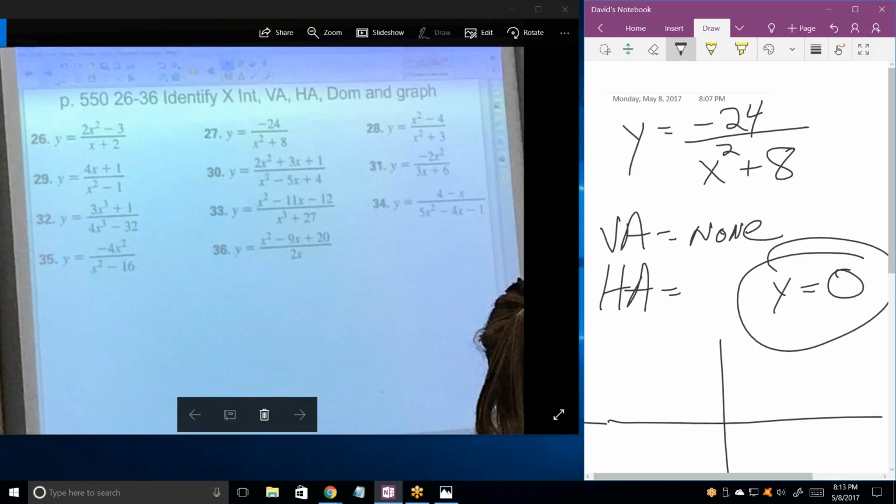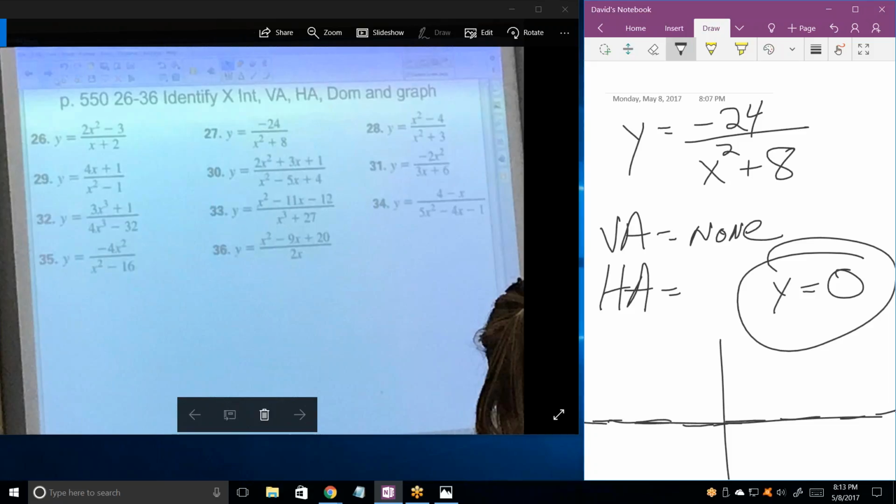Well, that makes sense. In other words, I don't have a vertical asymptote. All I got is a horizontal asymptote at y equals 0, and I've drawn it. Now, what are the